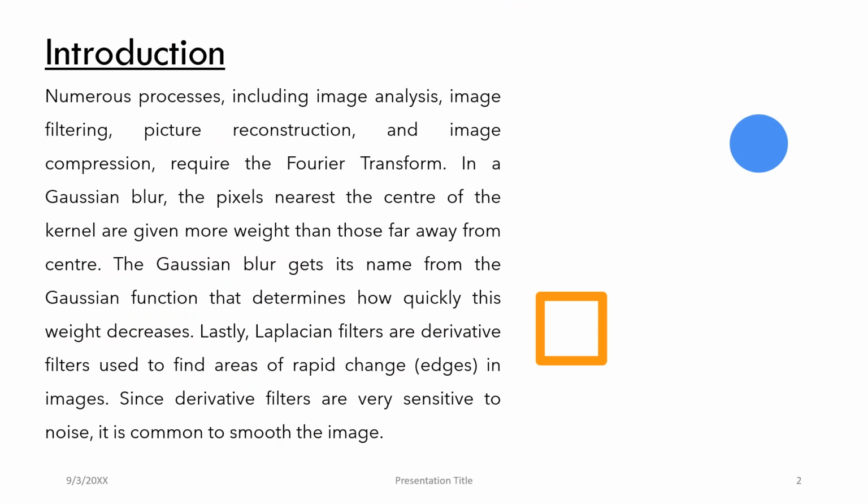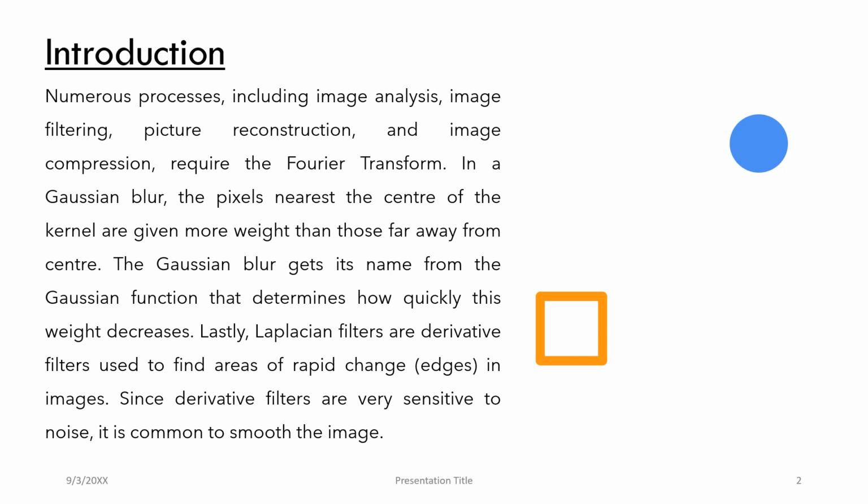So, for the introduction, numerous processes including image analysis, image filtering, picture reconstruction, and image compression require the Fourier transform. In a Gaussian blur, the pixels nearest the center of the kernel are given more weight than those far away from center. The Gaussian blur gets its name from the Gaussian function that determines how quickly this weight decreases. Lastly,